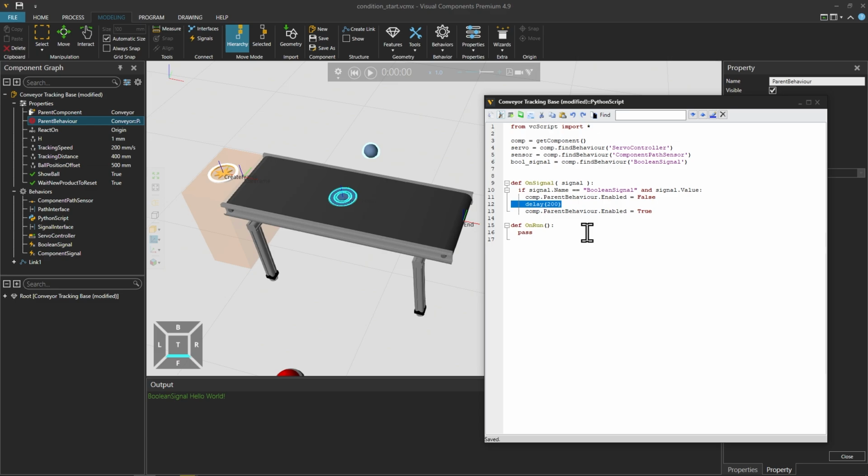This would mean that we need to change the whole system into onRun, but that would also break some of its logic. So this is where the condition itself, a VC script method called condition, comes into play. So what we can do is to first generate a global list. Let's call it a queue. And then what we need to do next is to make a permanent while loop within this onRun itself.